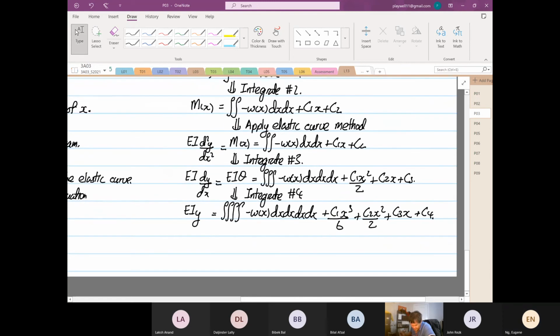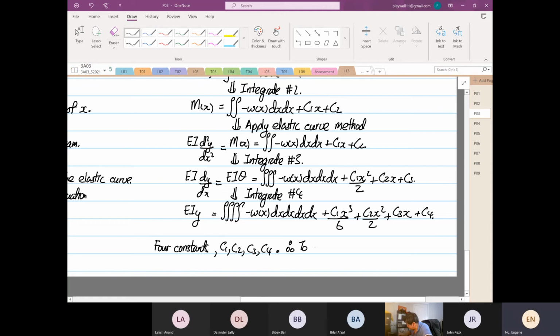C1 to C4, you have what? 4 constants. Yes or no? Right? So we are given 4 constants, which is C1, C2, C3, C4, right? We have 4 constants. So therefore,